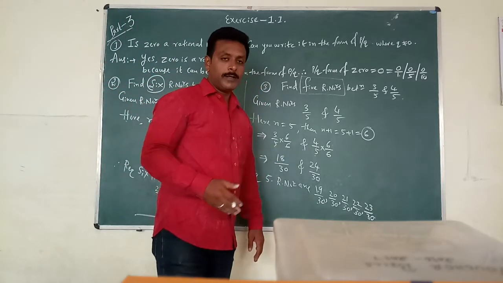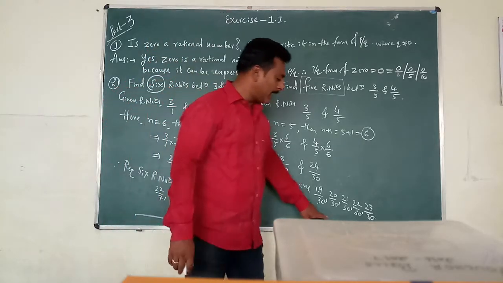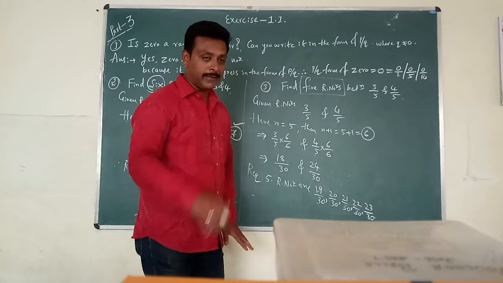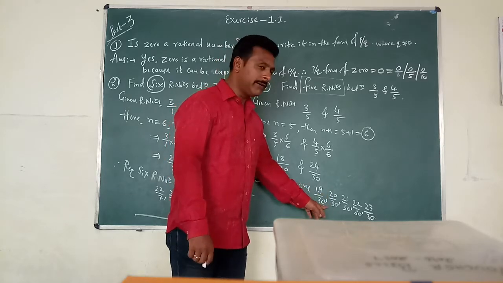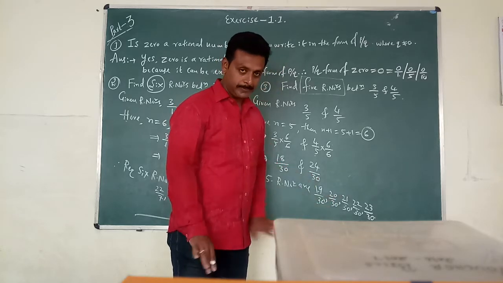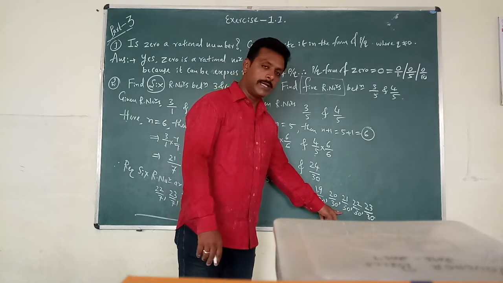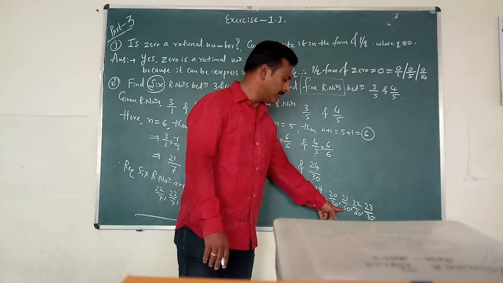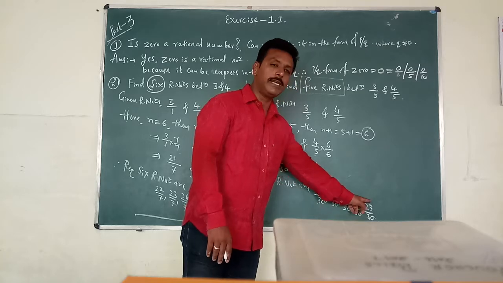But yesterday, soon after second part, Yoshita asked me, when we are writing this, can we cancel here, sir? You can cancel here. 19 और 30 को cancel नहीं कर सकते, but here you can cancel. दोनों cancel कर सकते हो. Then you will get 2 by 3. That is also correct. 21 by 30 यहाँ भी cancel कर सकते हो. 3 sevens are 21, 3 tens are 30, यहाँ भी cancel कर सकते हो. 2 elevens are 22, 2 fifteens are 30. But here you cannot cancel.